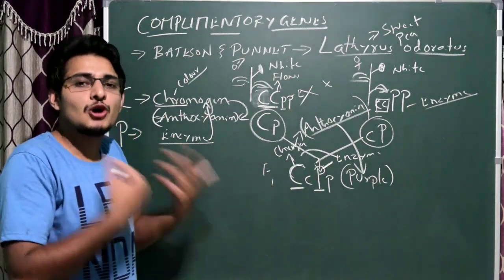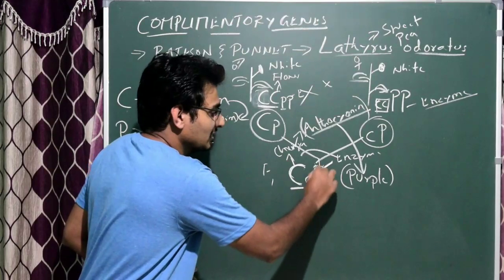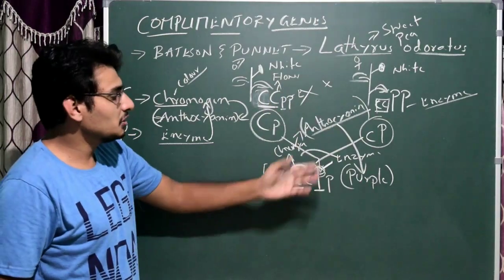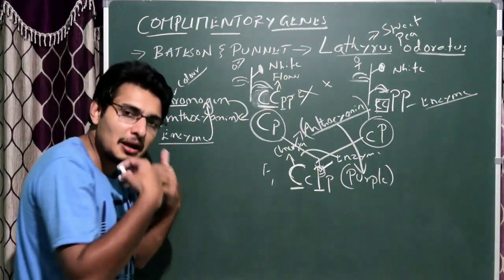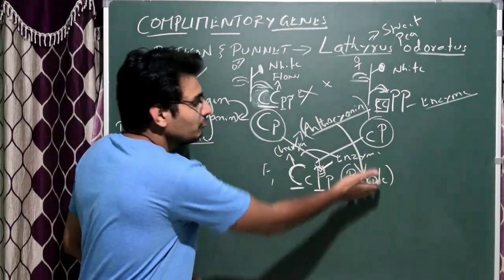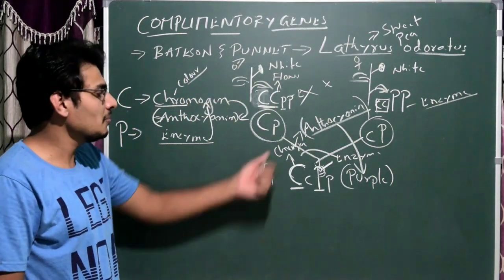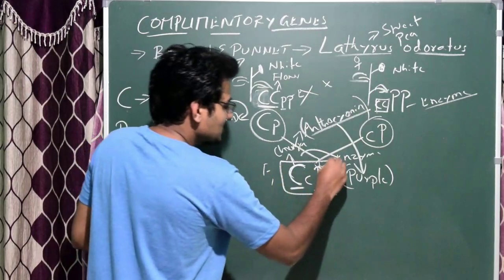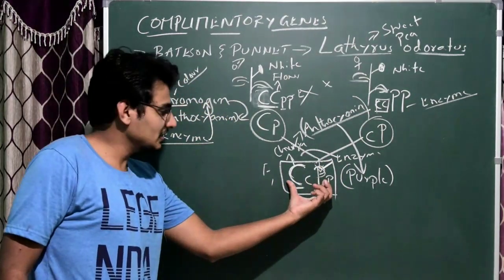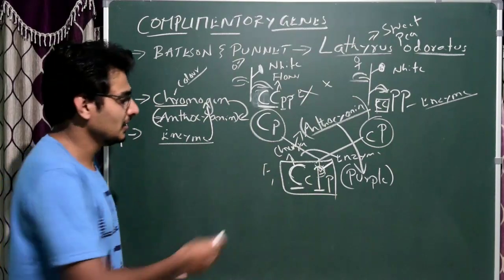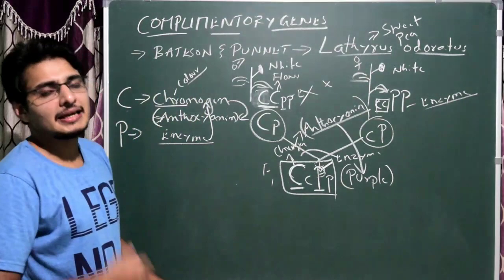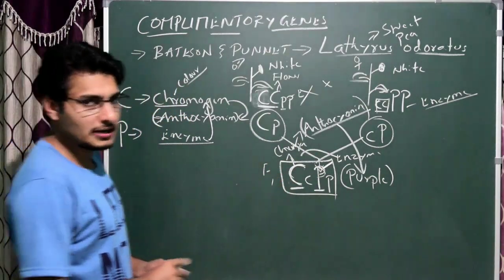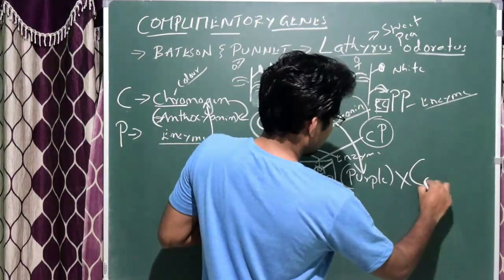Here, can we say that it is complementary? Yes. So these two are friends, correct? Capital C cannot actually produce anthocyanin without the presence of capital P. So capital P's presence should be essential for the development of purple color because we need anthocyanin from the chromogen, which is actually synthesized from capital letter C. So this is the very simple thing, that is complementary. Capital C and capital P are both complementary. If capital C is not there, capital P cannot express, whereas if capital P is not there, capital C cannot express. That's it.